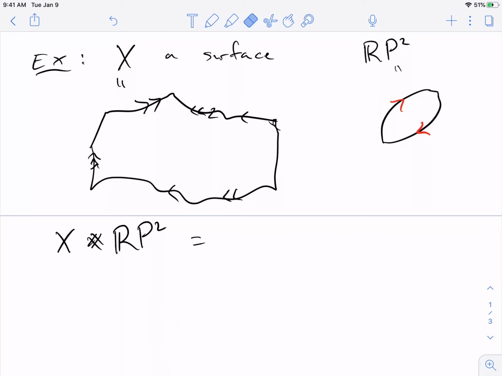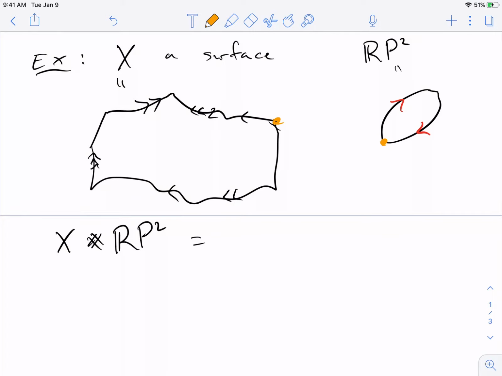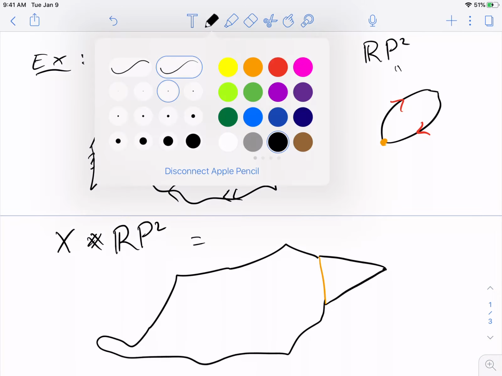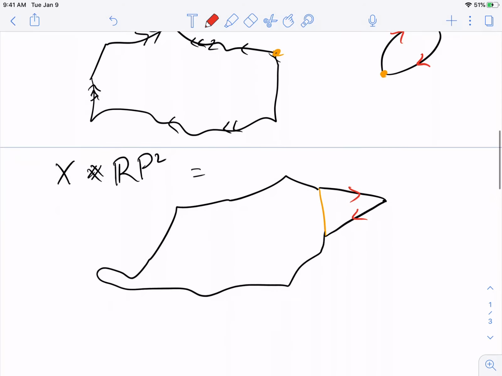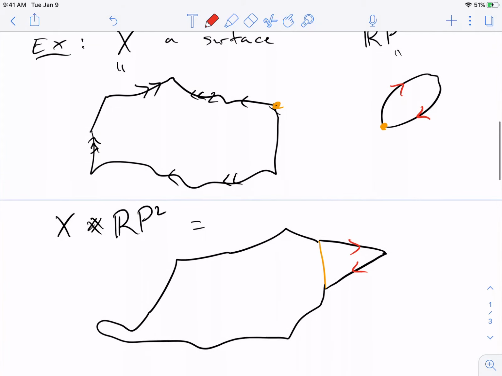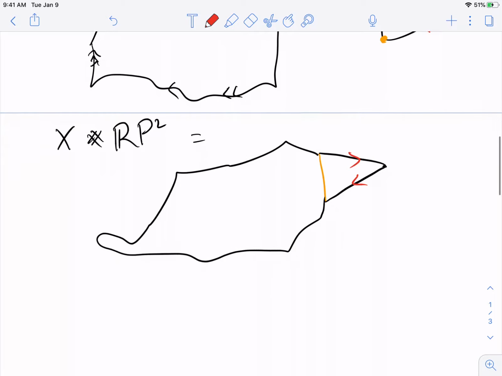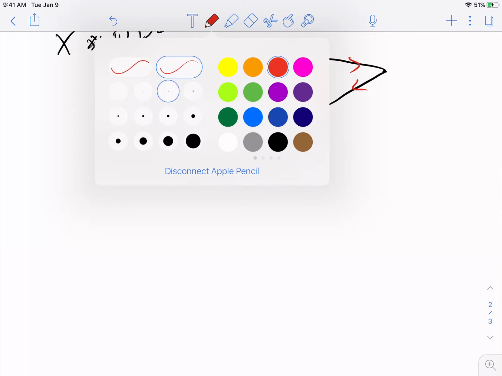Actually, I have to choose a vertex to spread out on each of these. So maybe I'll make that more clear. So I have my big complicated polygon on the left, and on the right, I just spread out those two edges, and it looks like that. Okay. And so X is complicated, RP2 is simple. The connected sum of X and RP2 has a complicated part and a simple part. And kind of using the reverse logic of this,